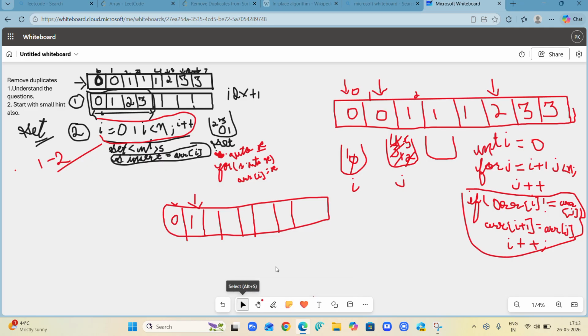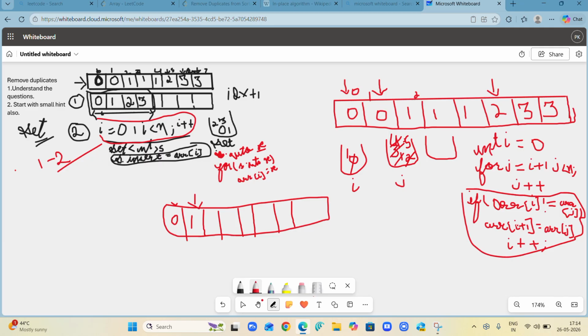So it is again going to compare, is the array of 1 position and the array of 5th position both different? Yes, you are different. Okay, so I am going to store this element, the second element, in the array. Now this if condition is going to run. If array of 1 is not equal to array of 5, then array of 1 and array of 5 are not equal.